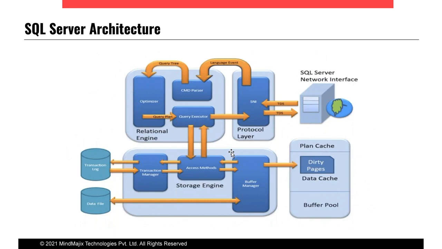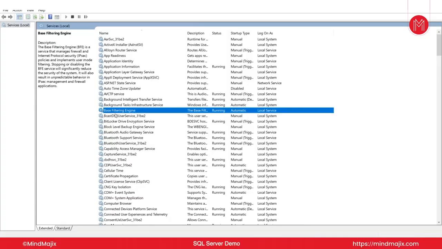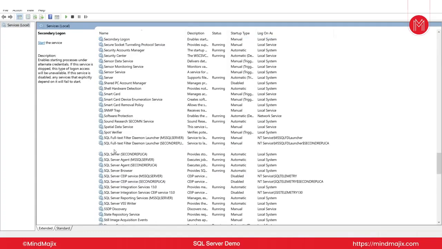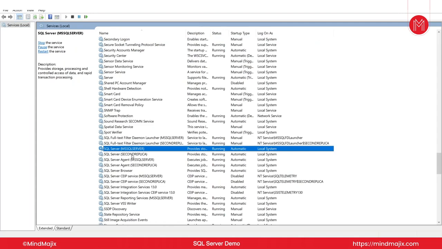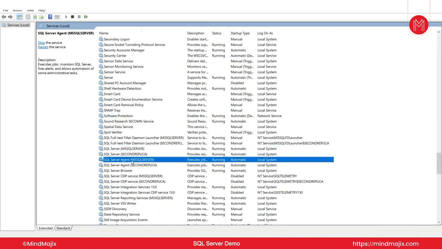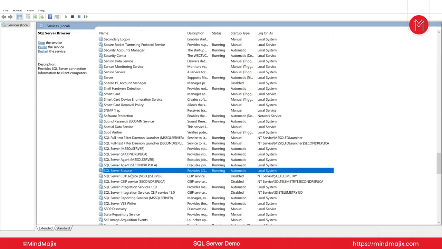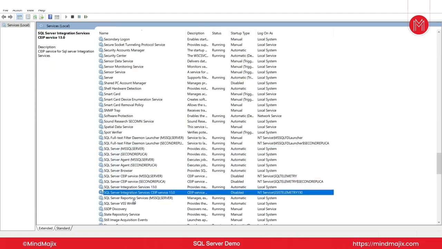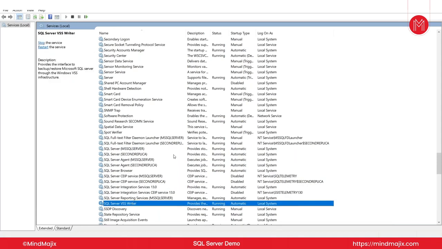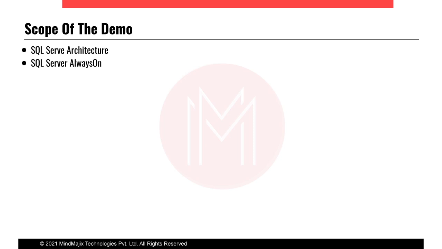So you can start and stop the services. Second, these services are listed here. If you go to services.msc and type S, you will see all my services. As I told you, I have two instances, a default and a named instance, so you can see all the services for both here. This is what the services are. Now go back to the